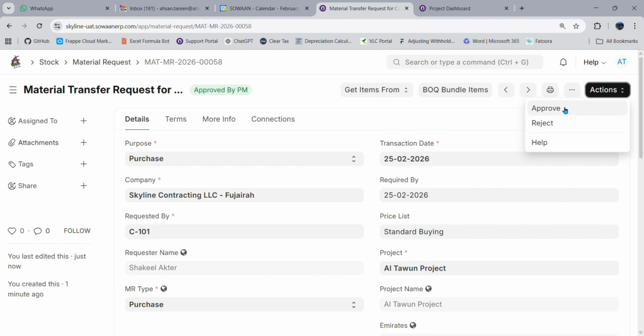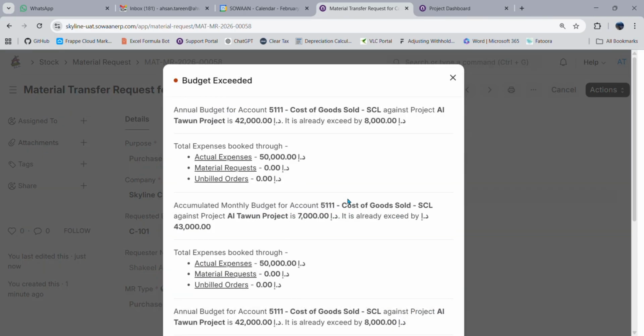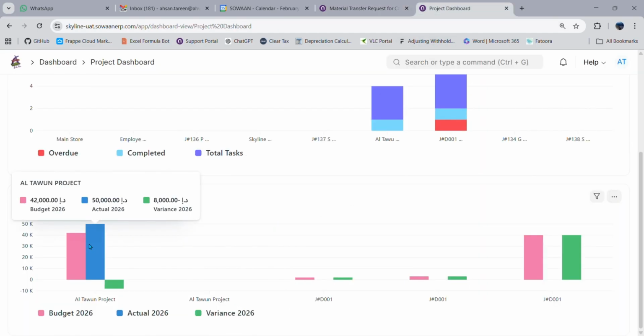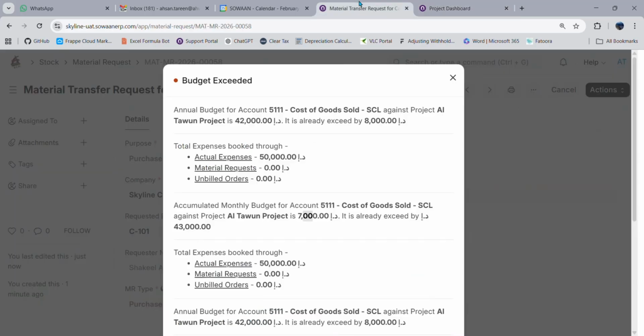And as soon as you start reaching after the project manager to purchase, the budget is going to trigger, and you can see that the Altawan project has 42,000 riyals. In fact, you have already exceeded by 8,000, and currently you have already made 50,000 in expenses, and you are going to compose another 7,000, and that is what the system is also showing you here in the dashboard screen as well. And that is how the project budget and document is controlling the material request document